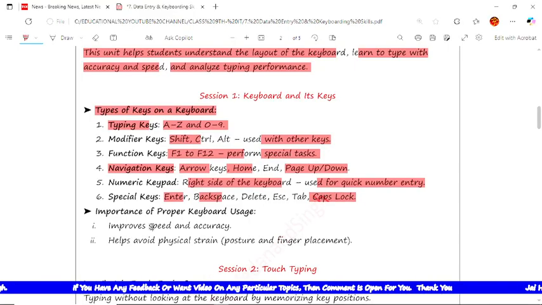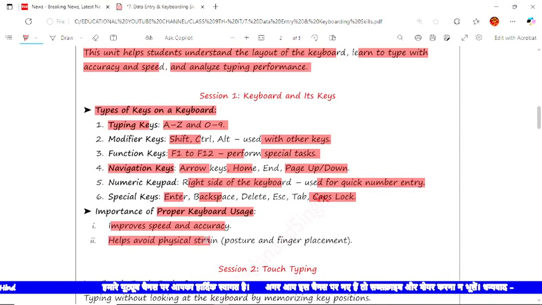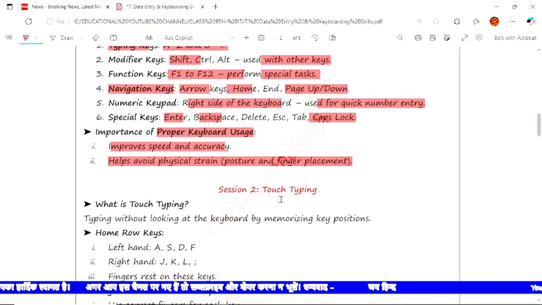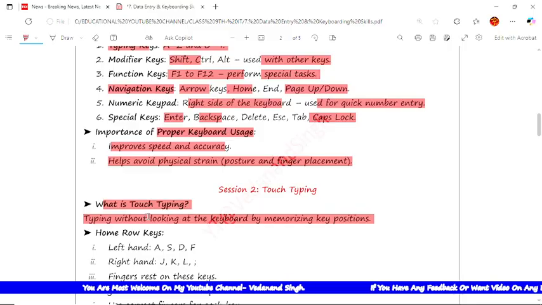Now the next is the importance of proper keyboard usage. First, it improves speed and accuracy, and it helps avoid physical strain through proper posture and finger placement. In session number two, touch typing. What is touch typing? Typing without looking at the keyboard by memorizing the key positions is known as touch typing.